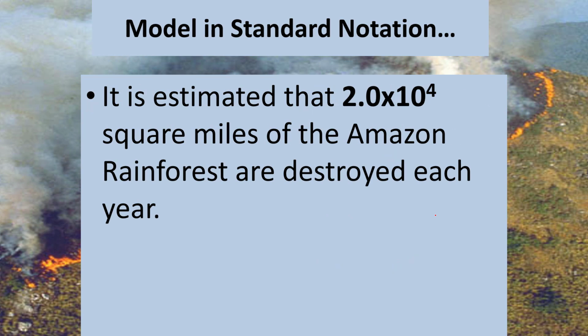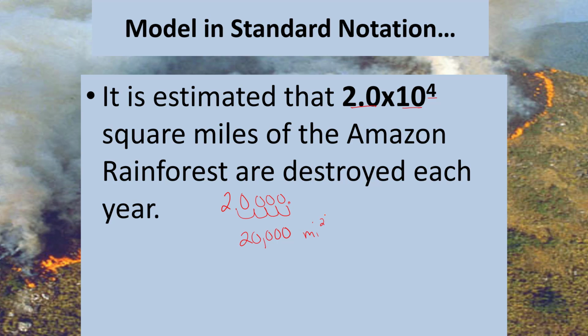Model in standard notation. It is estimated that 2.0 times 10 to the 4th square miles of the Amazon rainforest are destroyed each year. Well, 2.0 is our number that's greater than or equal to 1 but less than 10. So we have 2.0 where the decimal is getting moved 4 places. 1, 2, 3, 4. And so we now have the number 20,000